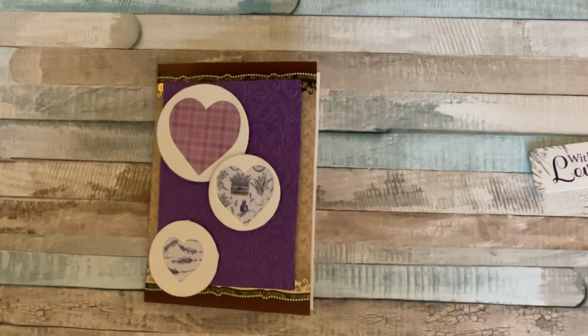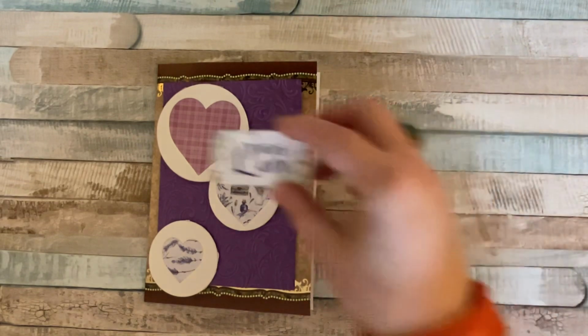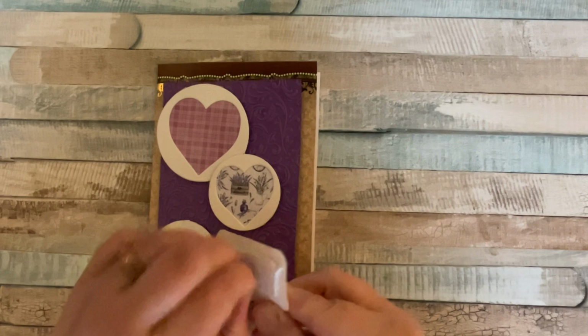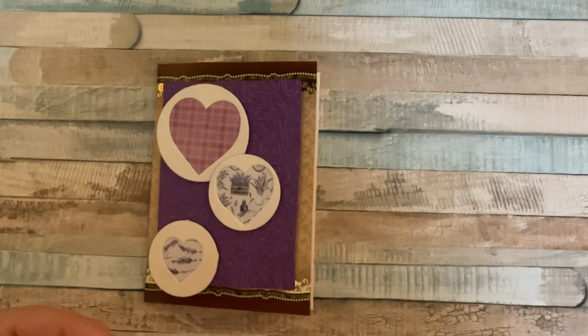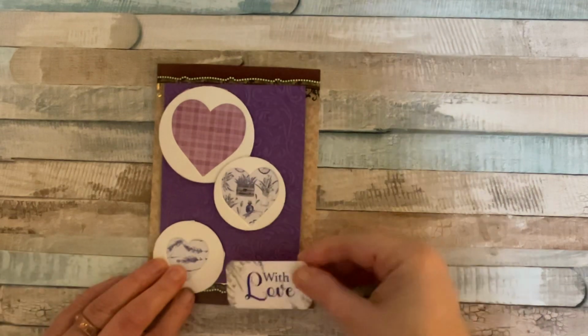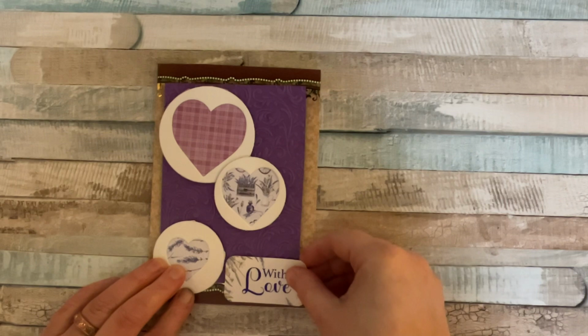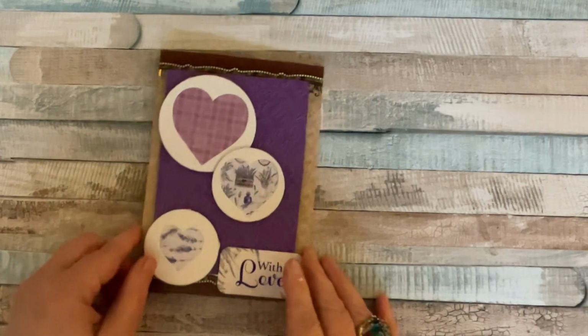Now I've just got one more thing to add, and that is my sentiment. And by sheer coincidence, I found a lavender sentiment that said "with love." And I have got foam tape on the back this time. And I'm just going to take it off, and I'm going to put it down here. It'll just about fit down here in that corner. So there we go. There is our lavender themed